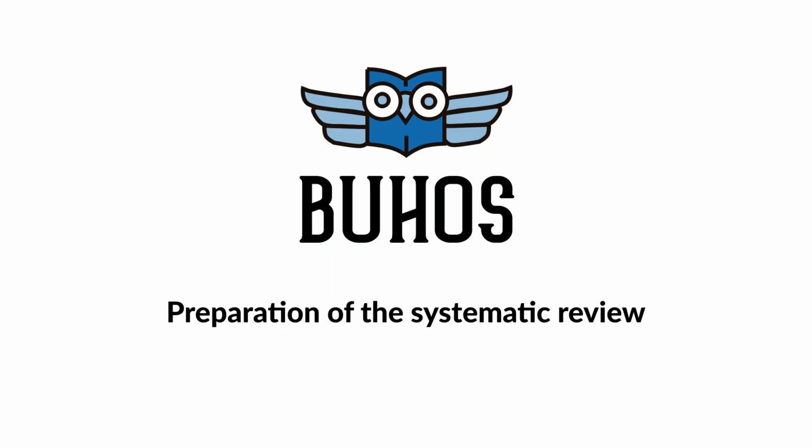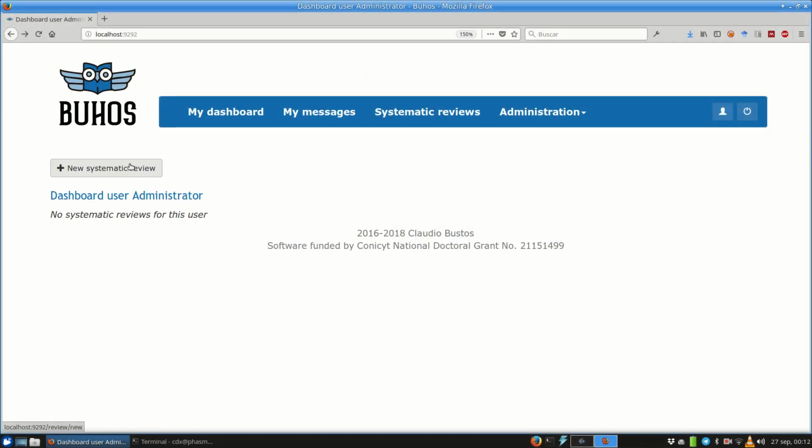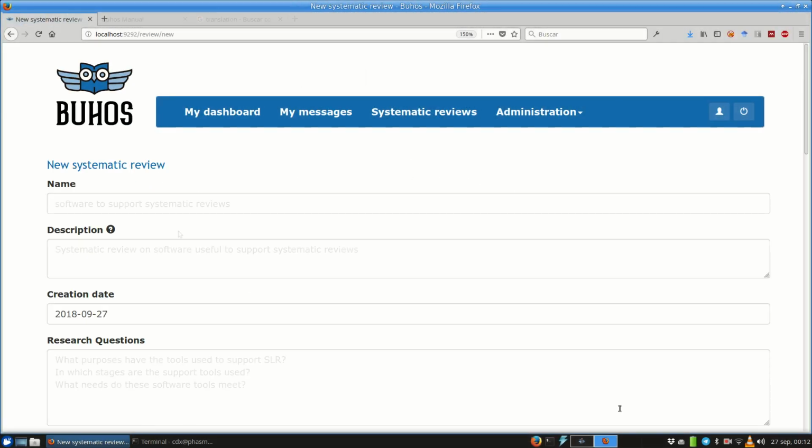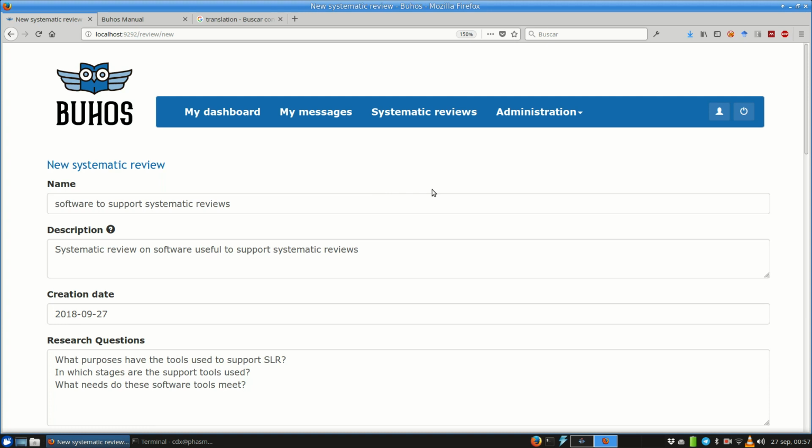Preparation of the systematic review. The systematic review is created by pressing the New Systematic Review button. A form is displayed in which the main limits of the research must be entered, including the period of years